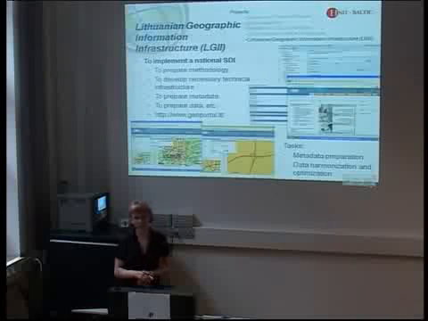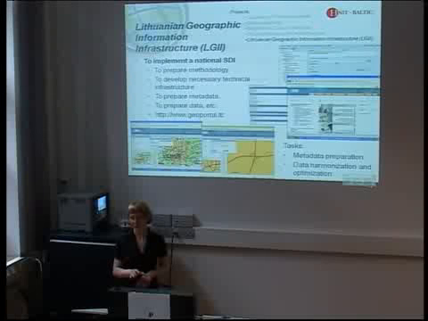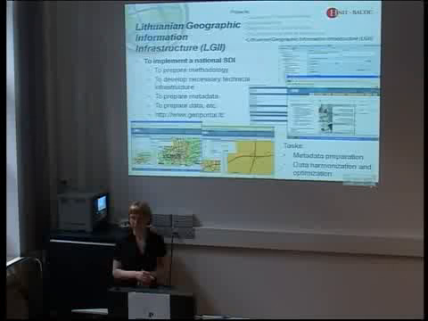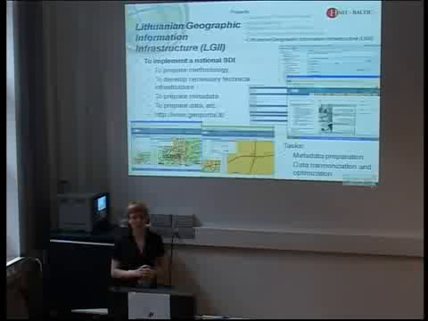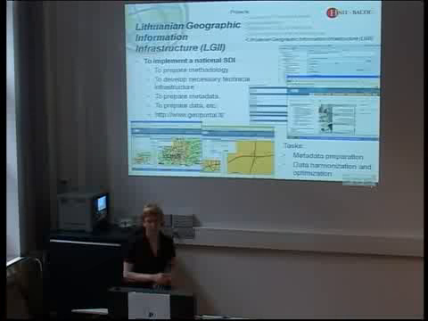So far, the technical basis is here, but the legal framework is not ready yet, and so you can search metadata, but ordering spatial data is still not there. So it's on the way, and some legal basis is needed to make it available.